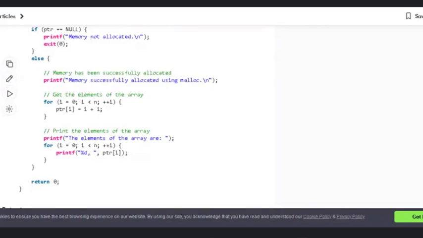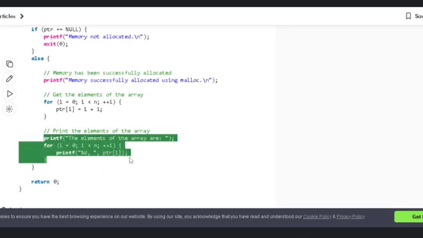So ptr[0] will be 1, ptr[1] will be 2, up to 5, because n is equal to 5. This is for assigning the values to each element of the integer array, and then those values are printed.